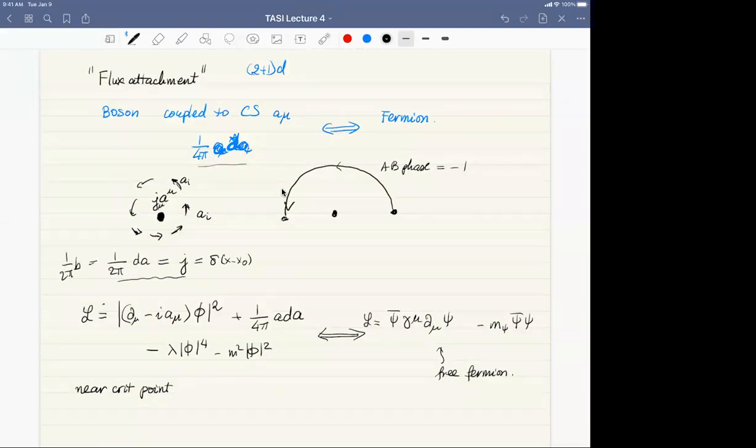Yeah, I'm just wondering, why do we need a large number of gauge fields in order to be a conformal field theory? I thought like in near critical points it was automatically conformal.